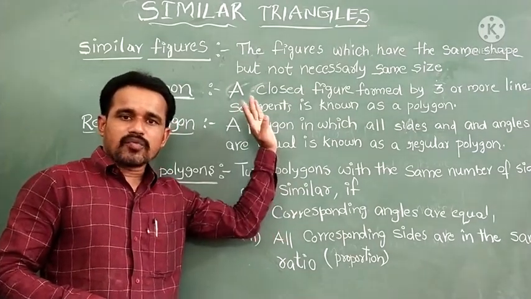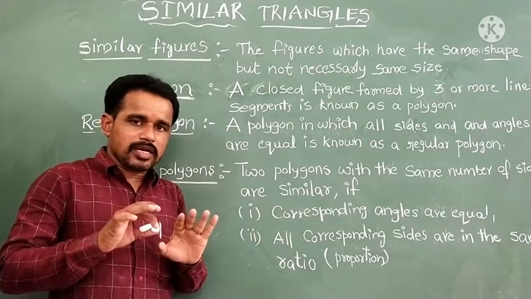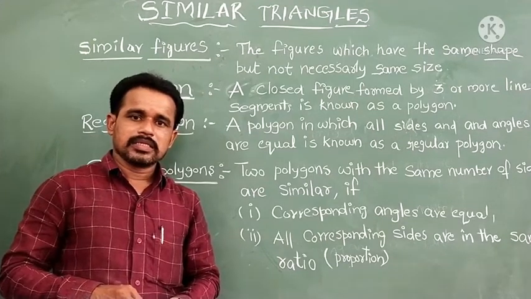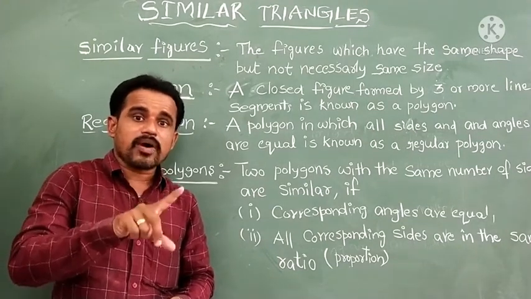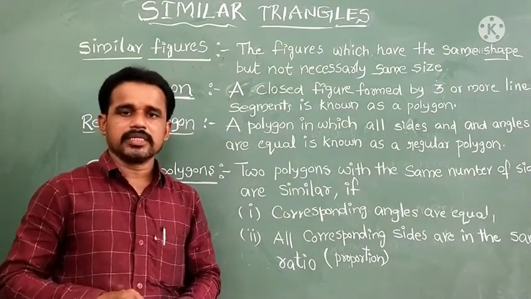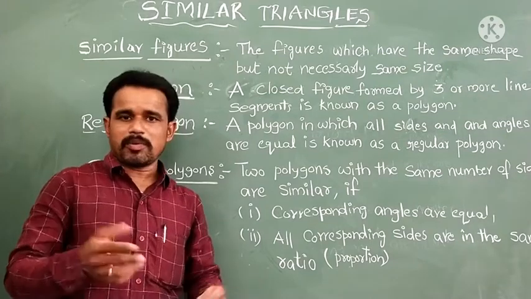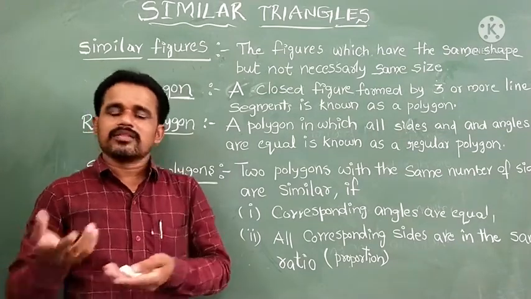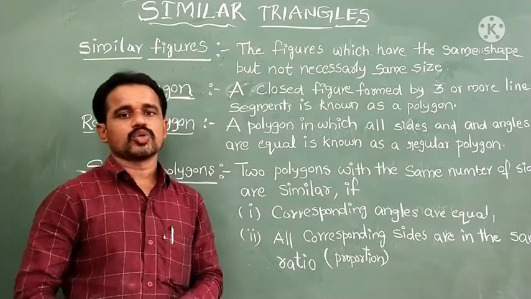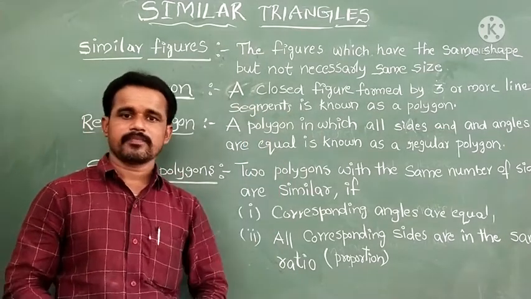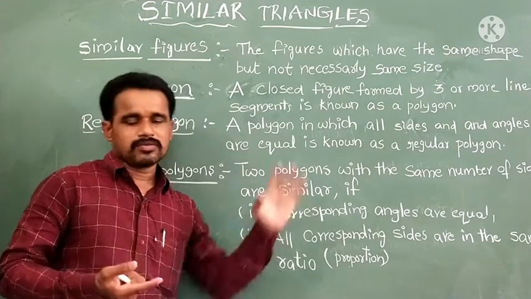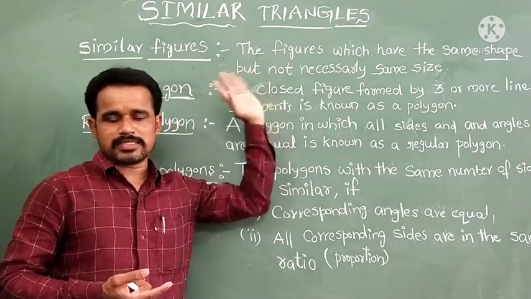So, similarity of two objects. In general, I am talking. In general, if you want to check whether two objects are similar or not, then we have to check the shape of those two objects. Size is not at all important here. If the sizes are equal, no problem at all. If the sizes are not equal, then also no problem. If the shapes are the same, then we can say that those two objects are similar. If shapes and sizes are also equal, then also the objects are similar. No problem at all. Yes, that is in general.